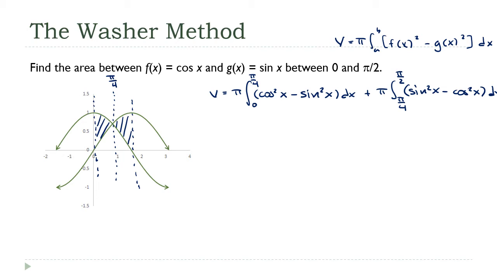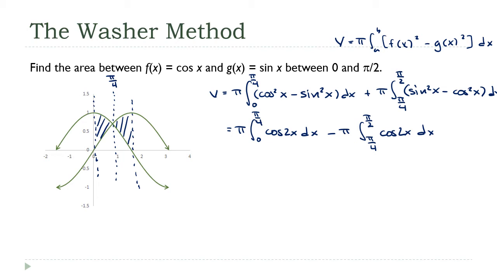So I'm just going to make this pi times the integral 0 to pi over 4 of cosine 2x dx. Now, look what I'm going to do over here. I've got sine squared minus cosine squared. That's backwards. But if I factor a -1 out of that, this becomes negative pi times the integral from pi over 4 to pi over 2, and now on the inside is cosine squared minus sine squared, which is also cosine 2x